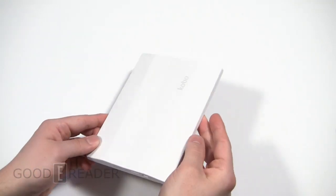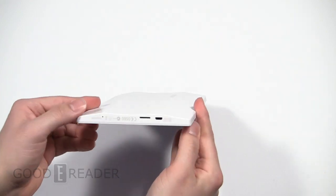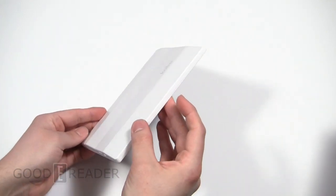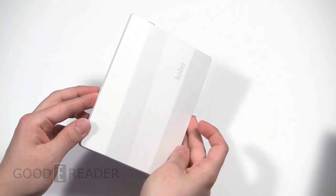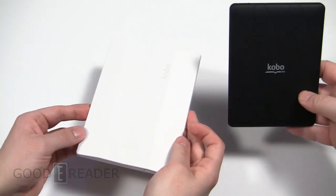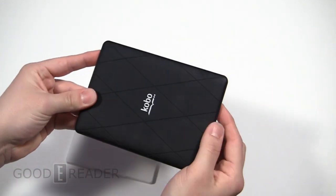Now one of the coolest parts is the back. You can see it's actually jagged. It's a really nice look to it. It almost has this bent metal kind of look, and I'm sure it'll look better on the black or the espresso version. Yeah, and you look at the quilted back,